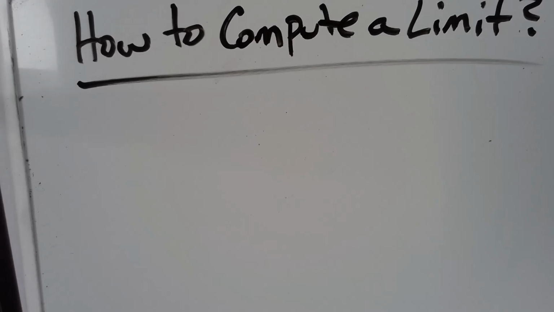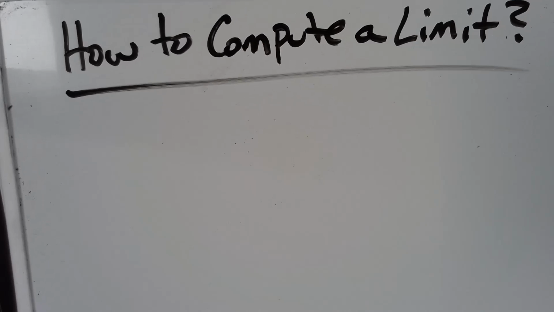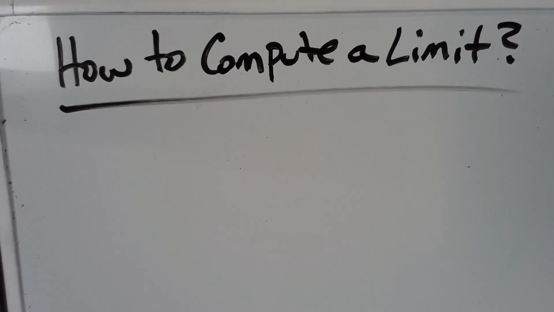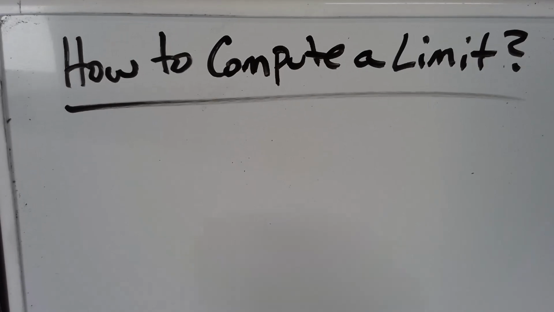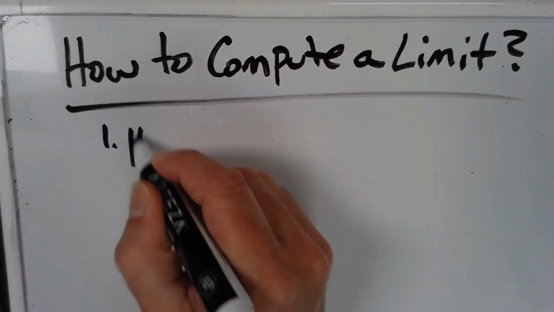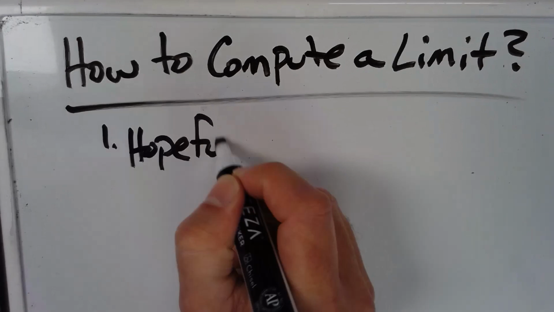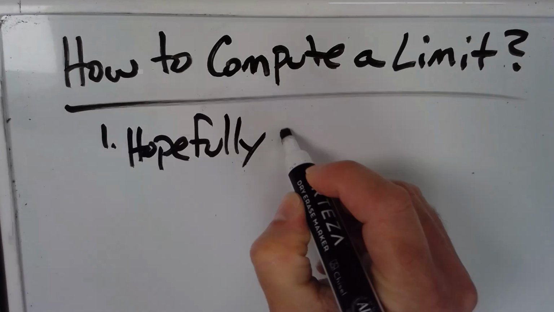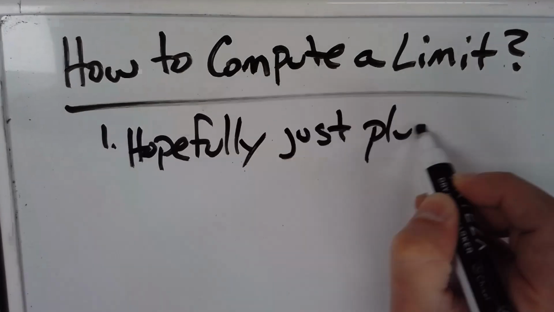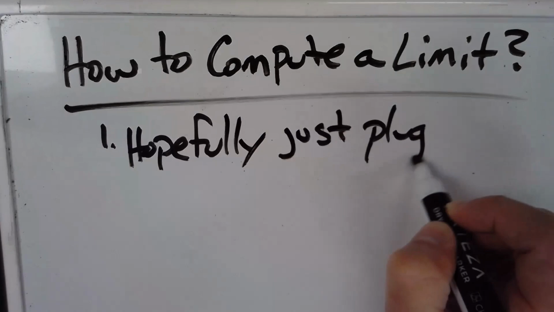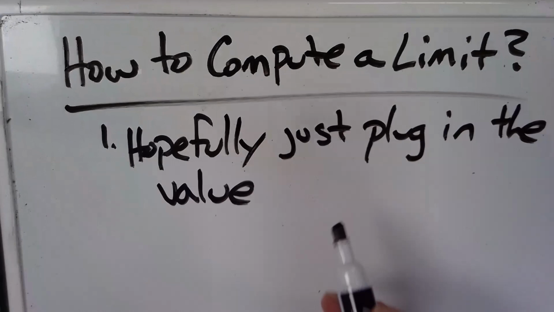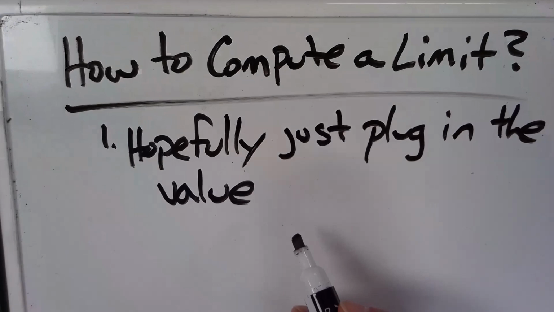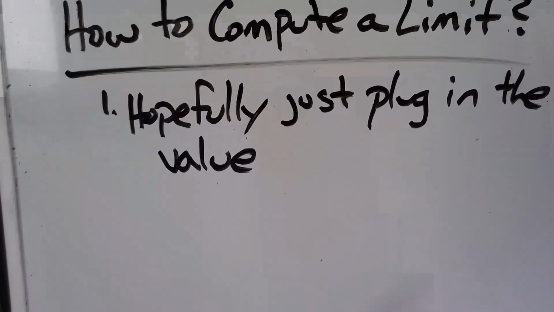All right, so how do you compute a limit, right? Hopefully, just plug in the value. And that works for what? Or what does it not work for? It doesn't necessarily work for rationals. Radicals, I mean,